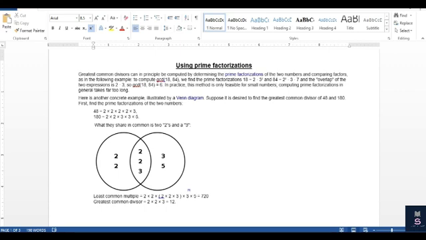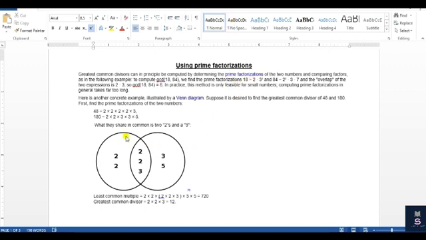We can find it by using the prime factorization method, and we can also find it by the Euclidean algorithm. The Euclidean algorithm is also very important, and we will implement this program using it. So what does GCD actually mean? We already know the mathematical definition: the greatest common divisor can in principle be computed by determining the